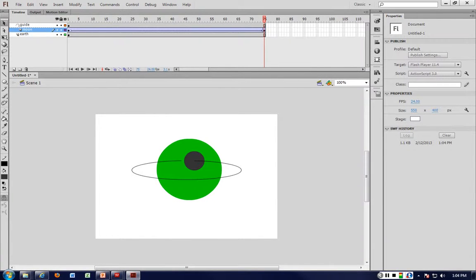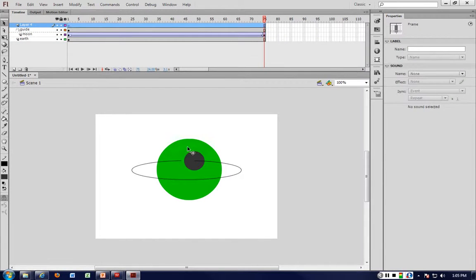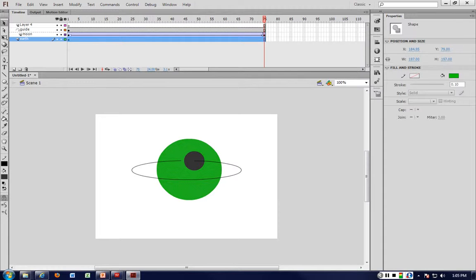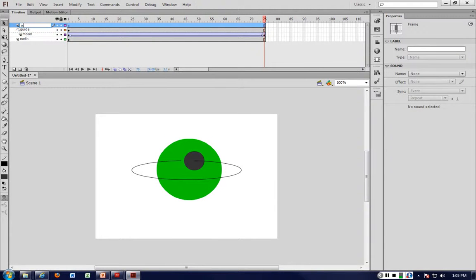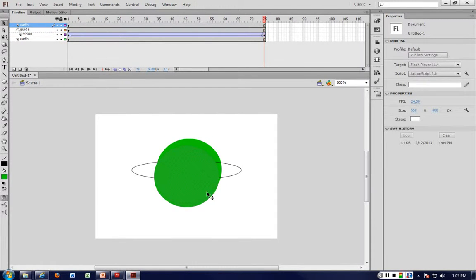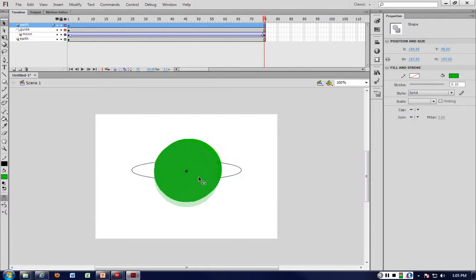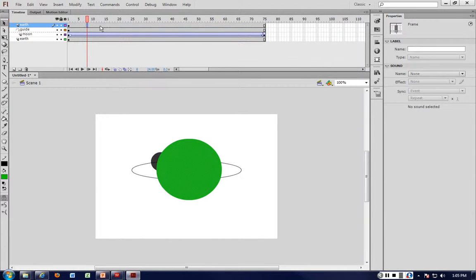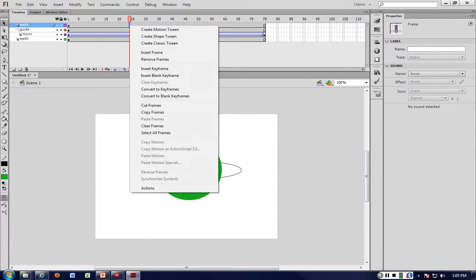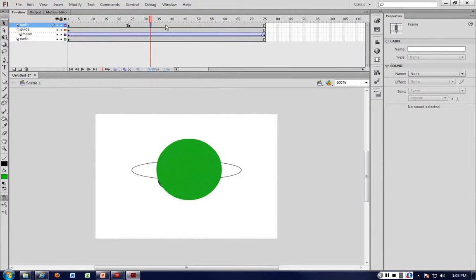So what I tend to do is create another layer, and I would move it to the top, which is going to be the Earth. I would place it on the top, so I'll say Earth again. So now I'm playing around with layers, so I'm going to place that on top, exactly overlaying the other Earth. So now at least we have it coming around. Now at this point I want to remove it, so I'm going to right click, insert keyframe, and then I want my